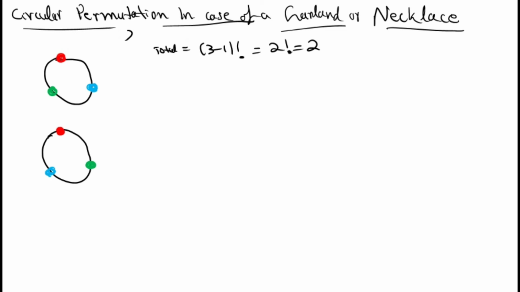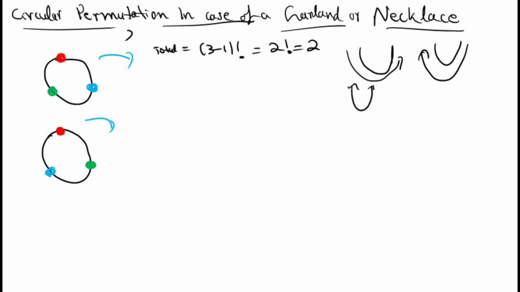In the next step, I'm going to flip this necklace by 180 degrees. See, flip this first necklace by 180 degrees, because if a necklace is there, you can wear the necklace in this way, or we can wear the necklace in the reverse direction, right? Because if the necklace is like this, you can wear it, or you can flip the necklace like this, then you can wear it in this direction also. Okay, that's the special case of a necklace.